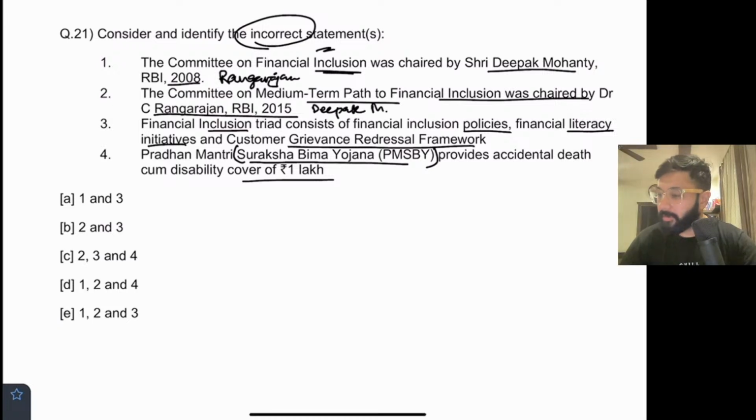ओके. उसके बाद फाइनेंशियल इंक्लूजन के अंदर फाइनेंशियल इंक्लूजन पॉलिसीज, लिटरेसी इनिशिएटिव्स एंड कंज्यूमर ग्रीवेंस एड्रेसल फ्रेमवर्क सही है. और इसका आंसर है 2 लाख जो सुरक्षा बीमा योजना है. द आंसर इज ऑप्शन नंबर डी. 1, 2 एंड 4 आर इनकरेक्ट. ओके,